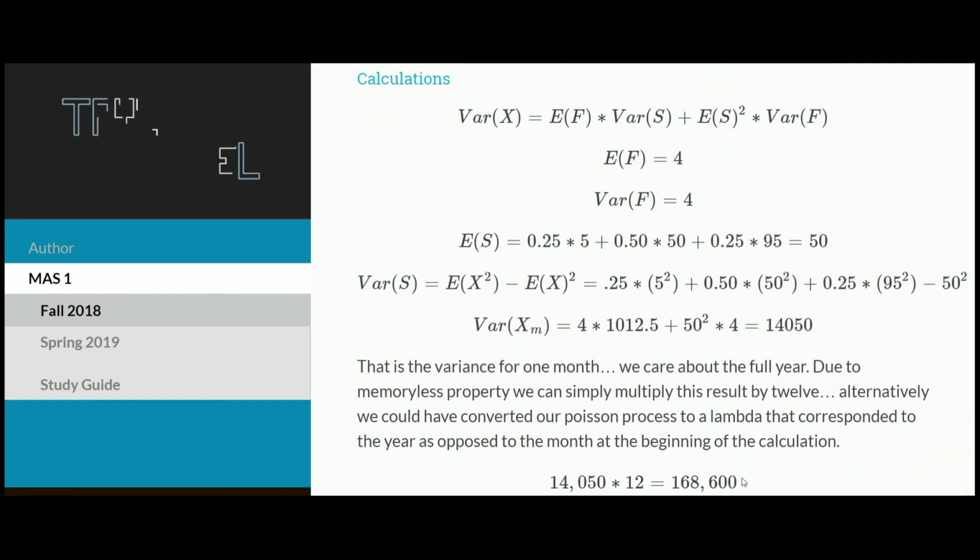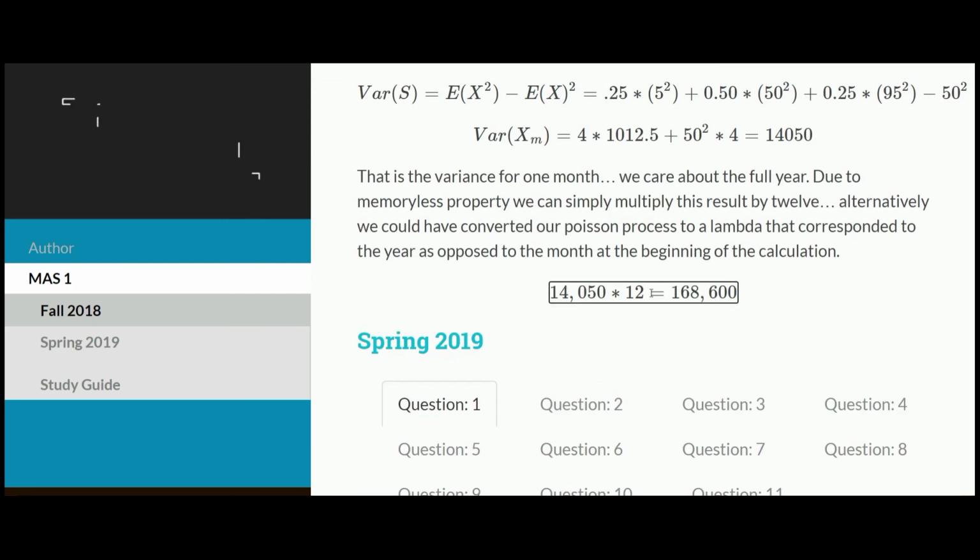So now, realizing that's the case, the months are independent, Poisson's memoryless, and we can really just multiply this by 12 because the variance of month 1 and the variance of month 2 are independent, and so their total variance is just going to be the sum of each of their variances. And so that's just the variance of a month multiplied by how many months we care about, which is 12. And that is another way of getting at the answer of